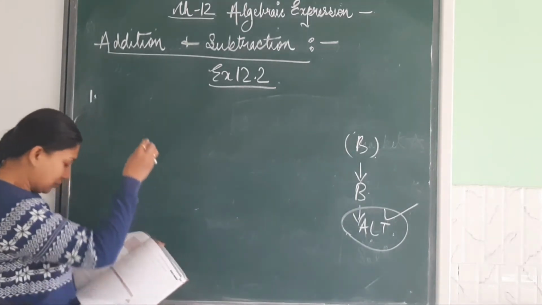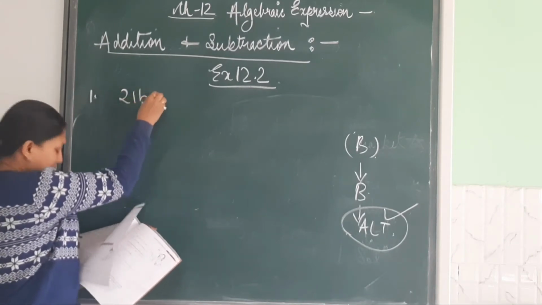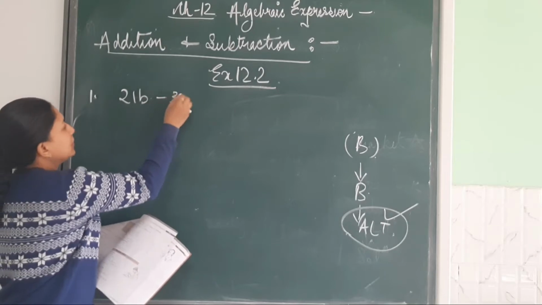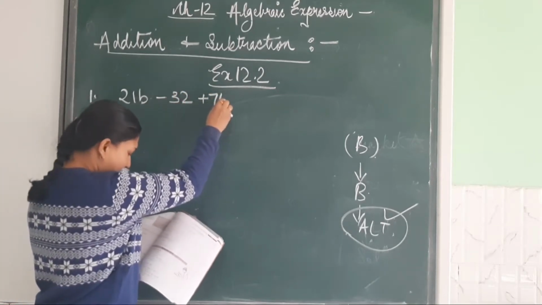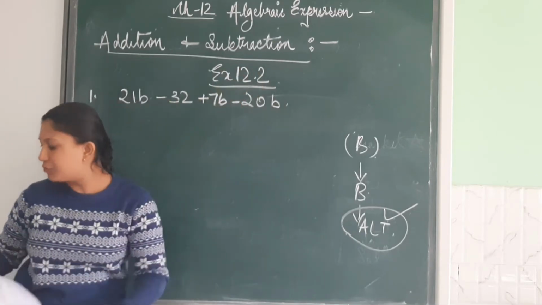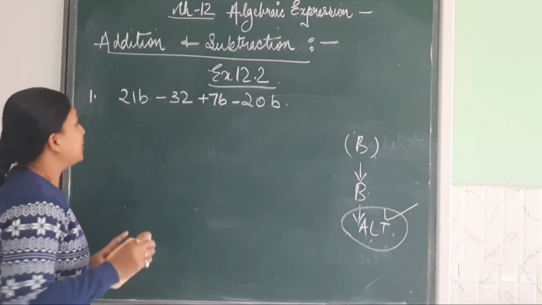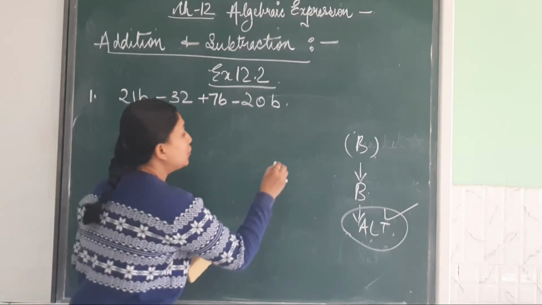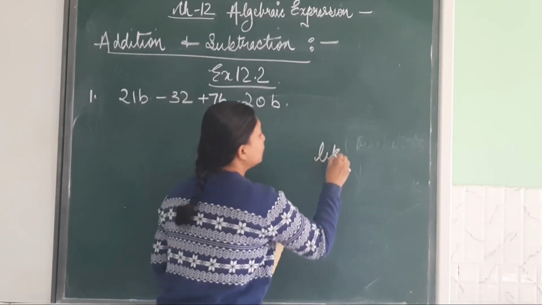So the first question is 21b minus 32 plus 7b minus 20b. What we have to do? We have to arrange it in like terms. Like terms means you will check only the variable. Remember children,